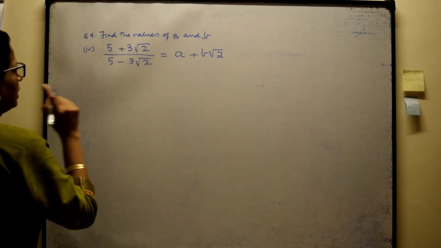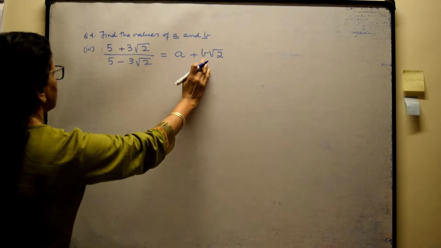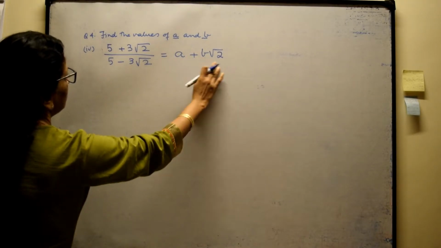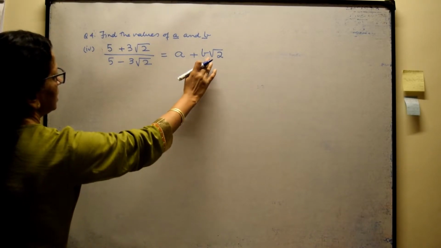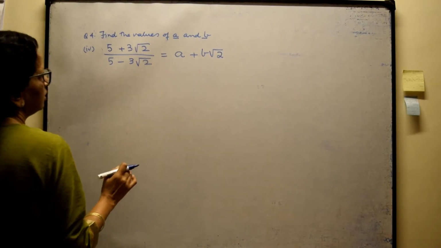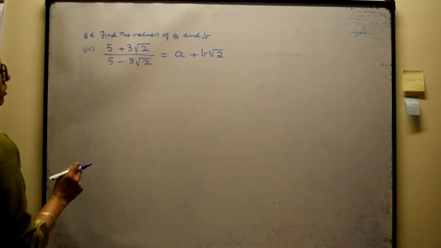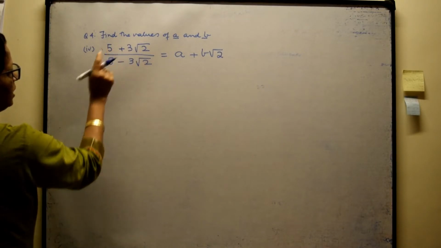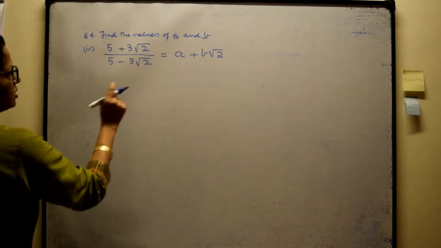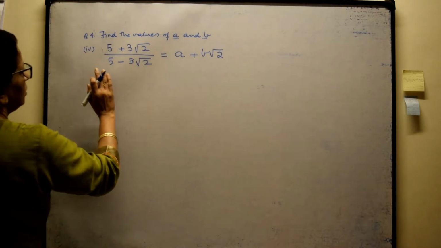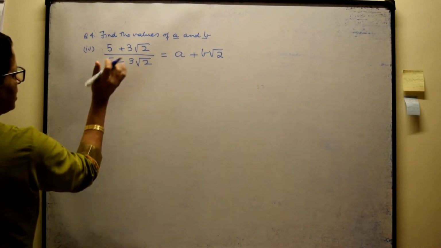Now if you look at the right hand side, it has a plus b root 2, and apparently you see that there is denominator 1, because you cannot see something upon something and the denominator is missing here, which means the denominator has got rationalized. On the left hand side you see that the numerator has an irrational number, and the denominator also has an irrational number. So we do not get concerned about this part, we just concentrate on the left hand side of it,